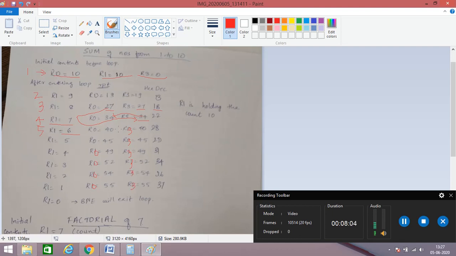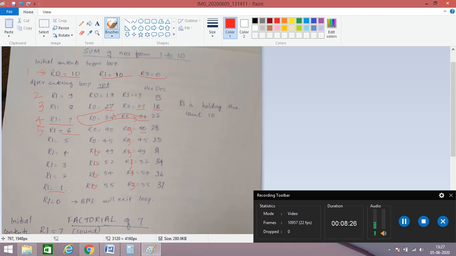All right, now R3 will be equal to R0 plus R1 plus R3, so that is equal to 40. So 40 is again transferred to R0. Similarly it will continue till you arrive at R1 equal to 1.